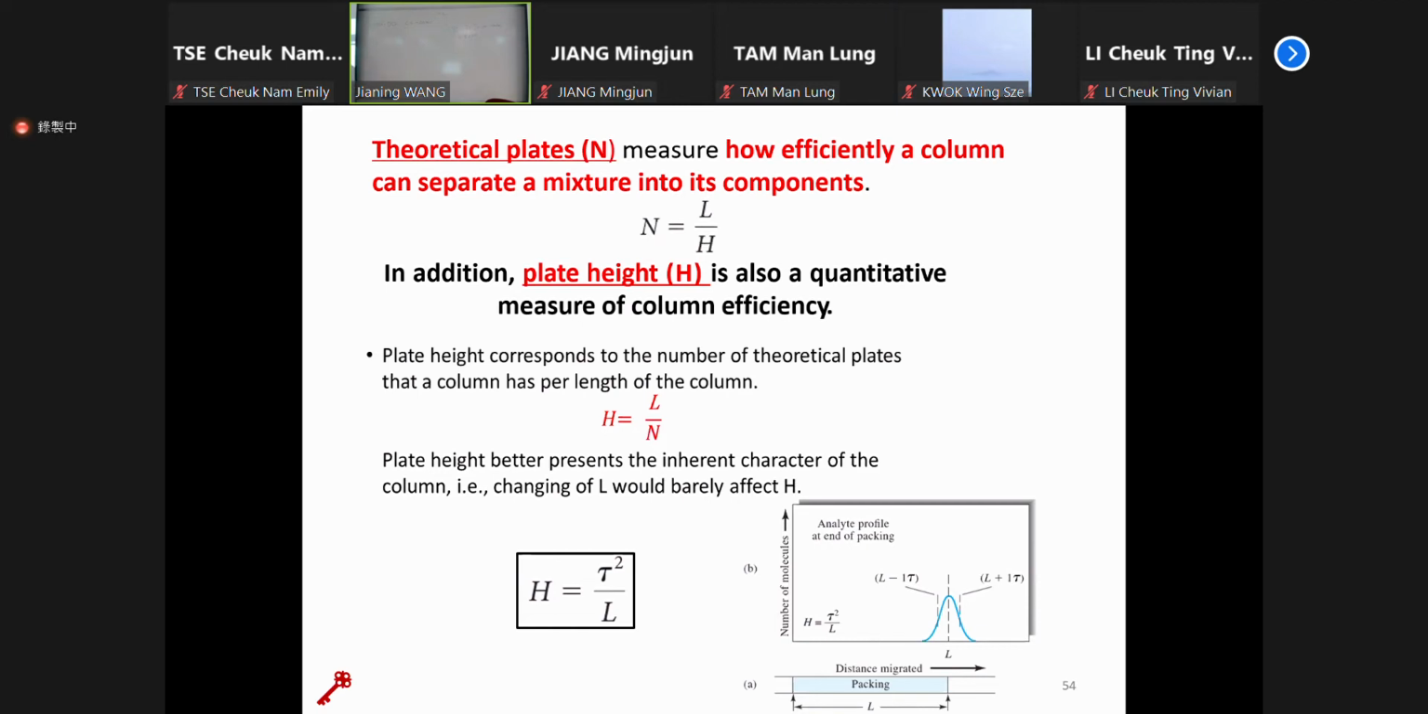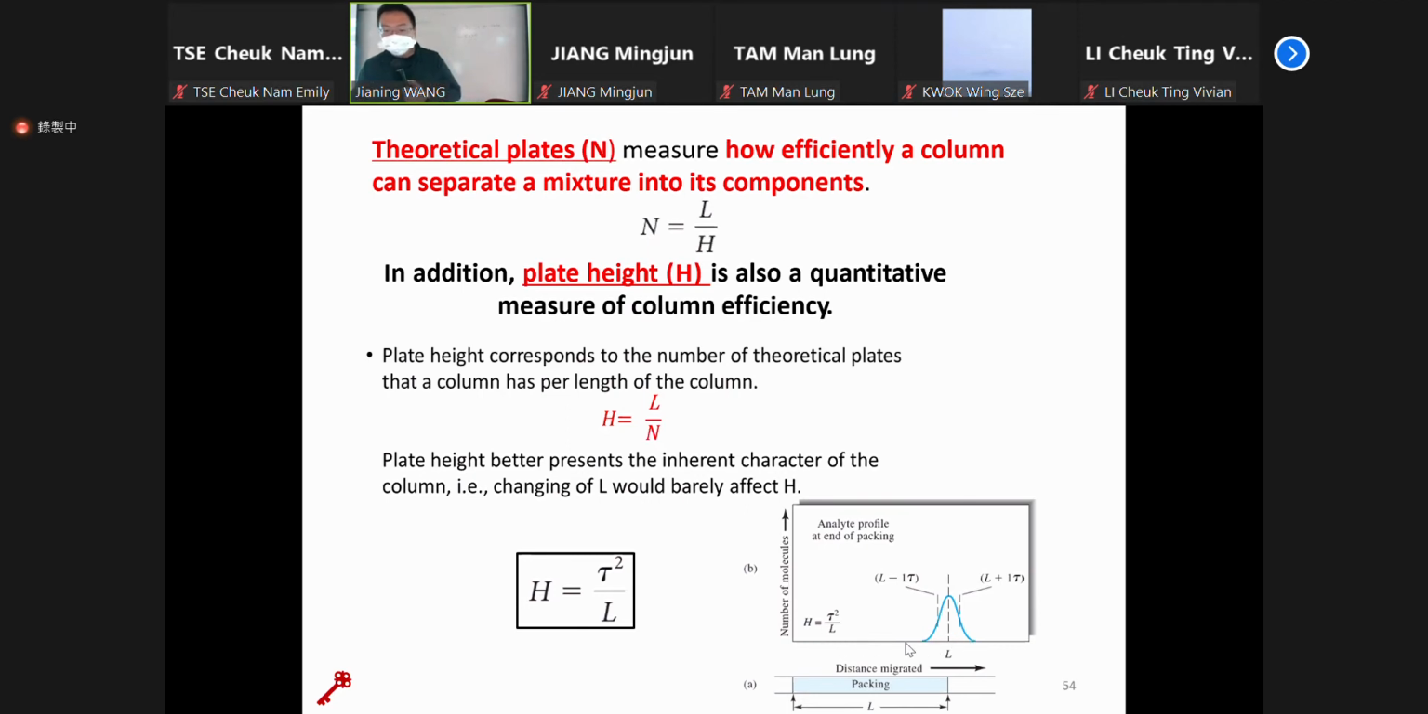The plate height is also a length-related quantity, even though we use a standard deviation to define the peak here. But what we can get is only time-dependent information, and this chart is not time-dependent. The x-axis here is the length, not the time, right? So we need to build the relationship